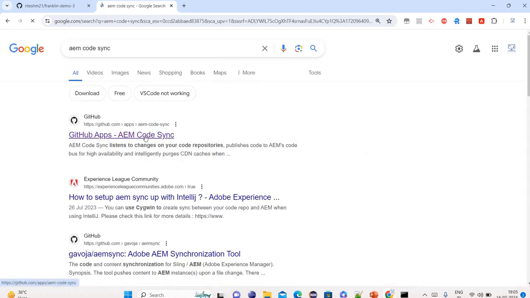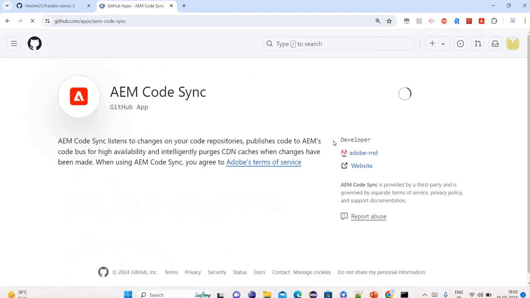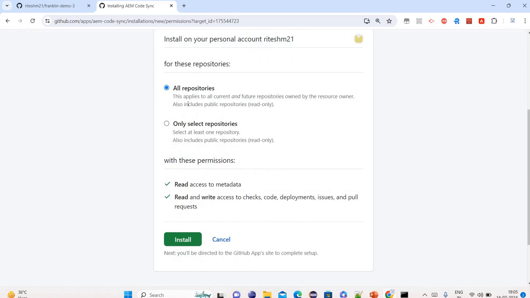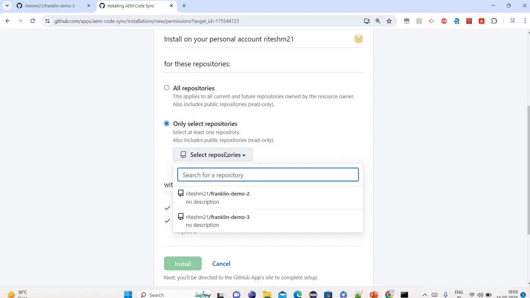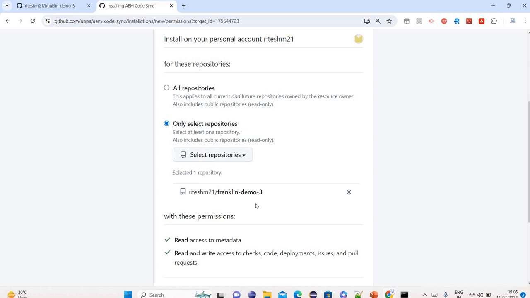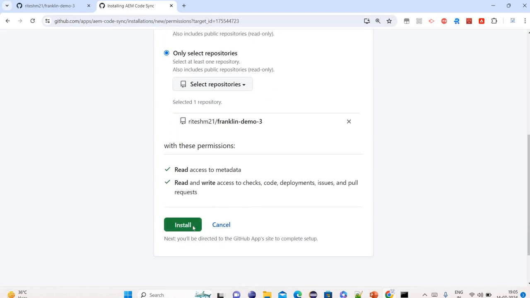The second step is we need to install that extension, which is AEM Code Sync GitHub. It's a GitHub application, AEM Code Sync, we just need to install it. Click on install. An option will be displayed: all repositories or only selected repositories. So let's select this and select the repository which you are interested in. I just created this repository, Franklin demo 3. Select this, click on install,